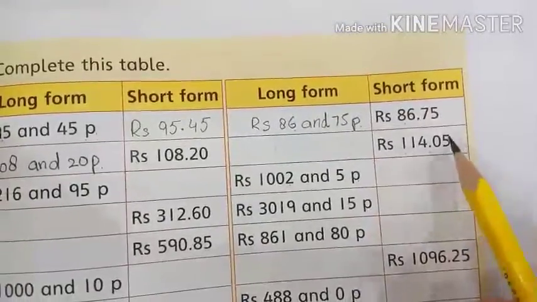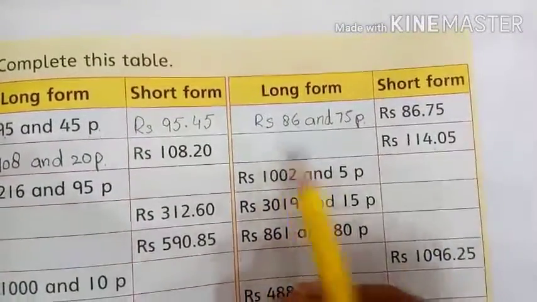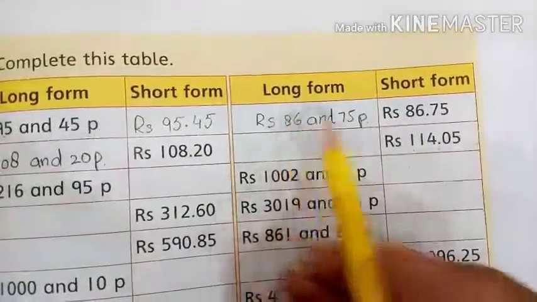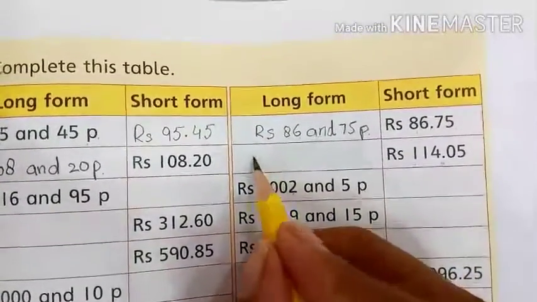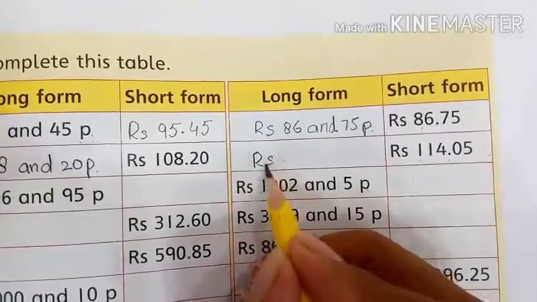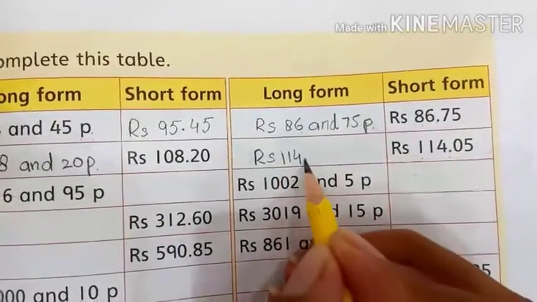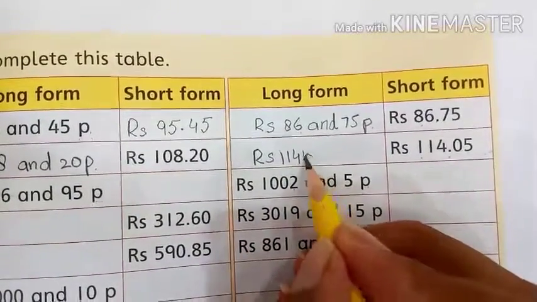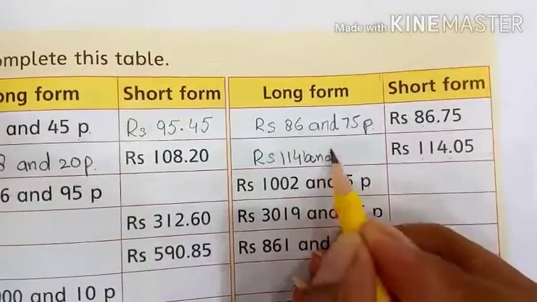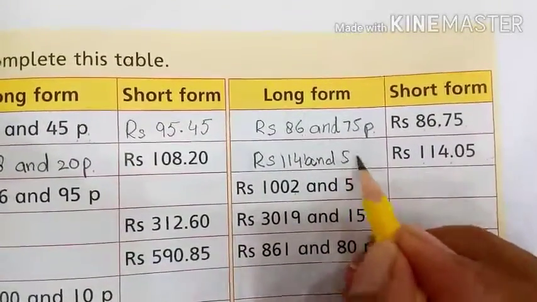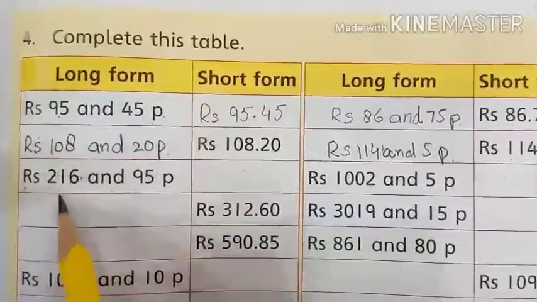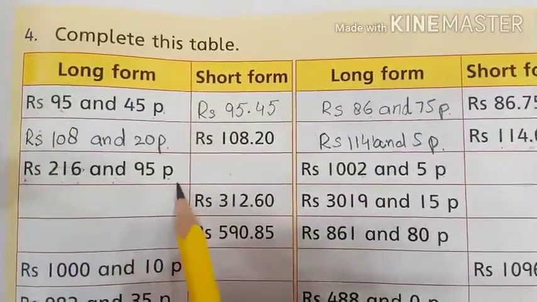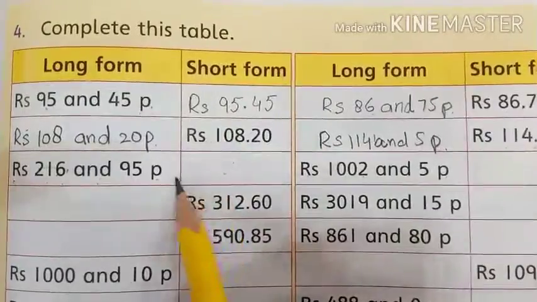This is the short form and we will write in long form. As in the long form we will write in rupees and paise, so I will write like this: rupees 114 and 5 paise. Okay students, the next one is rupees 216 and 95 paise, and we have to write in the